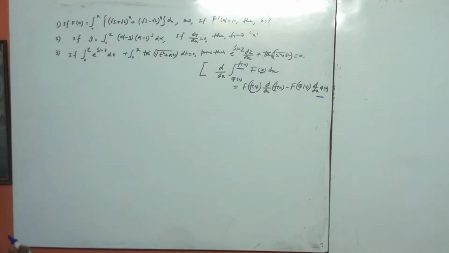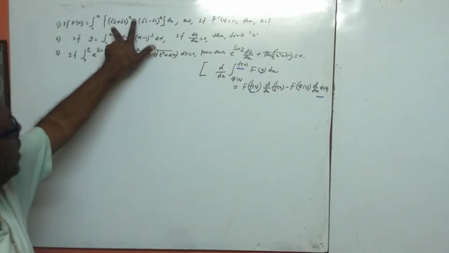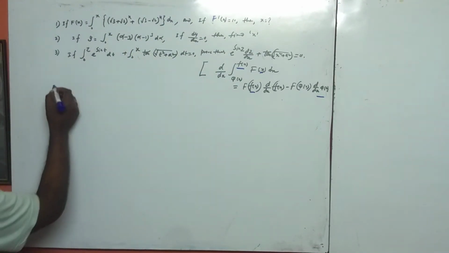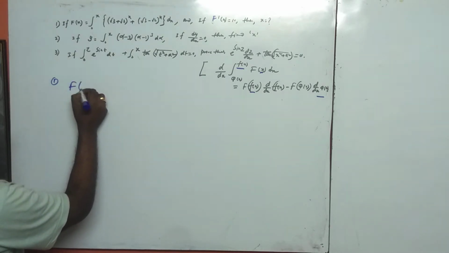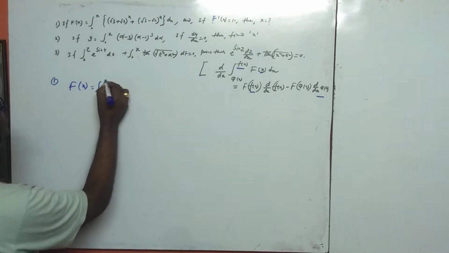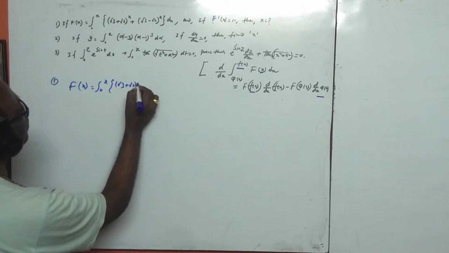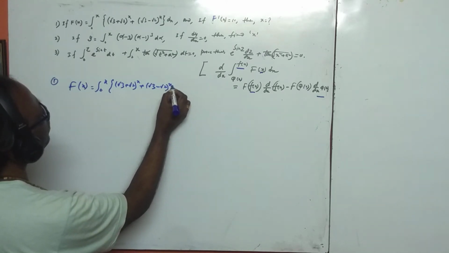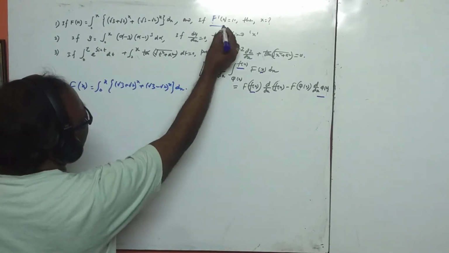Okay. And see, for question number 1, f of x is the integral from 0 to x of this function, the integrand, and given that f dash x is equal to 10, then find x. Now see solution 1. F of x is equal to the integral from 0 to x of (root 3 plus root 2) whole to the power x, (root 3 minus root 2) whole to the power x dx. We differentiate, as given that this is f dash x.